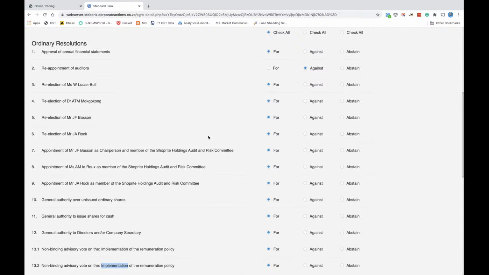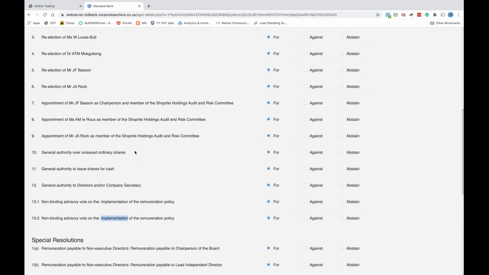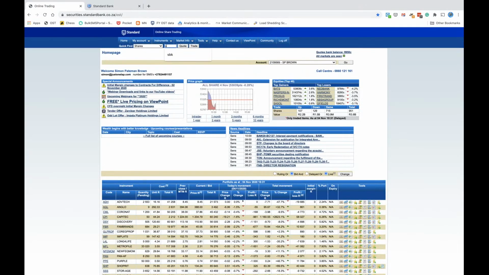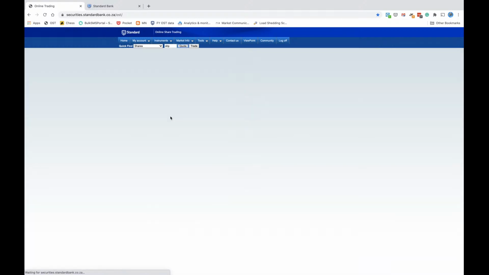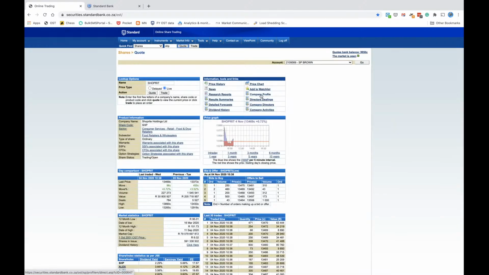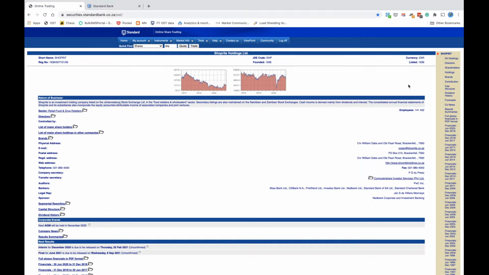Over unissued ordinary shares. Let's quickly go to that, unissued ordinary shares. Let me show you what they're talking about in that space there. So I'm going down a couple of rabbit holes, but we have some time this morning, so I thought